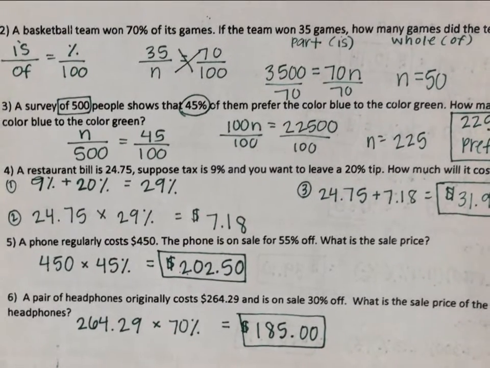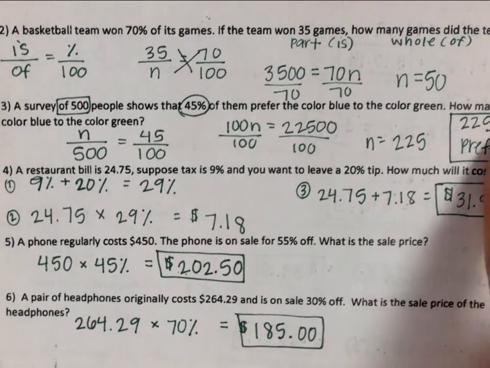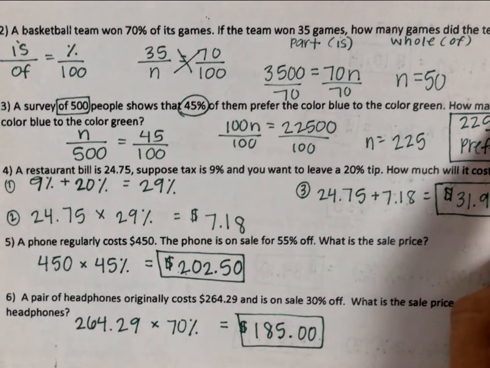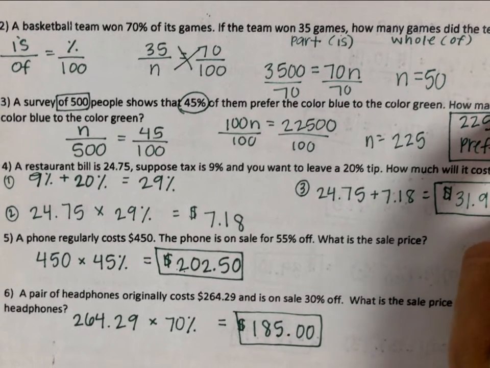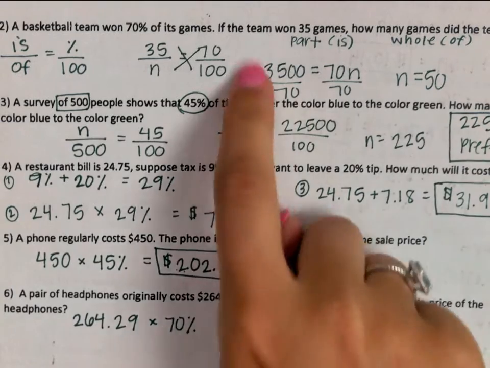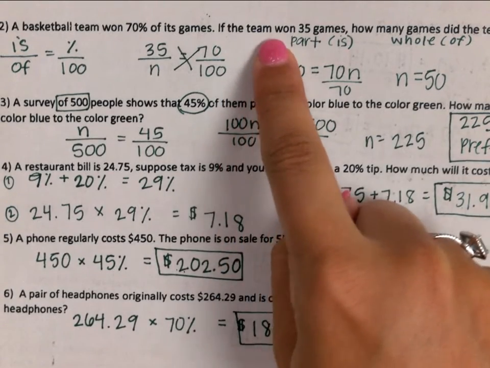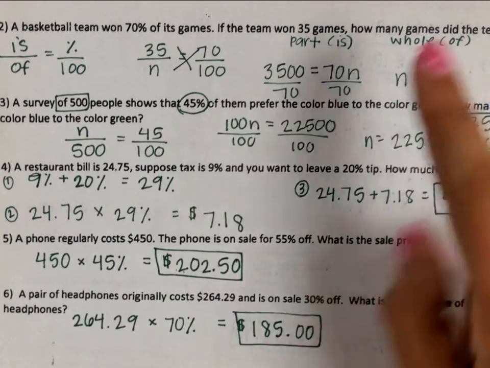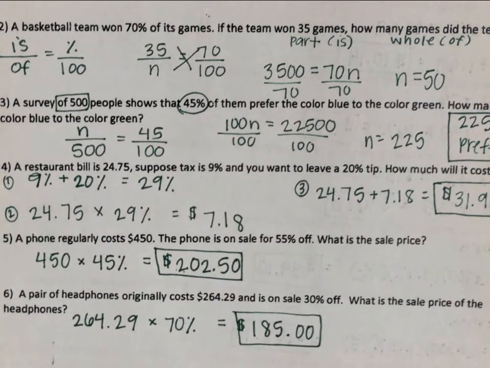All right, number 2, that was your percent proportion. So you should have gotten 50 games. Remember, this is where it's a little bit easier to use your part over whole instead of is over of. Because if you think about you're winning 35 games and you're wanting to know how many games total did you play,